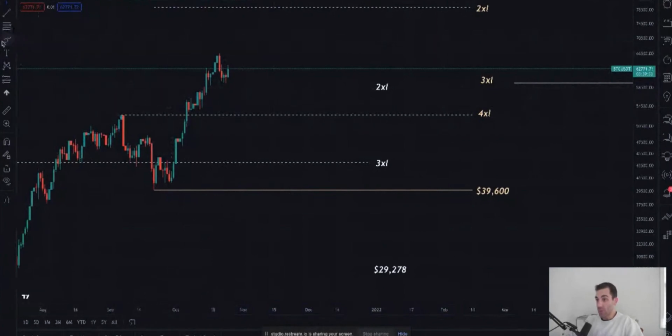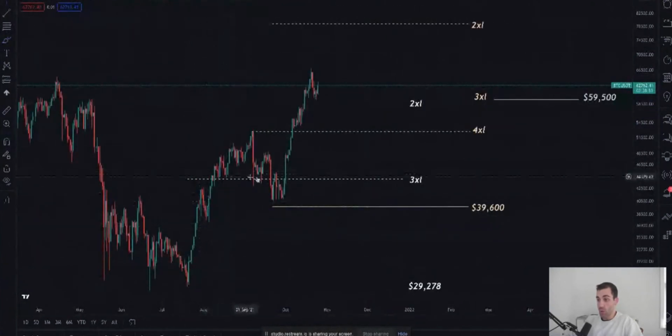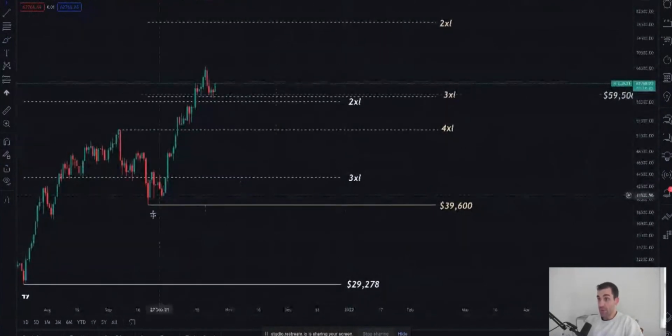are being broken with big Bitcoin candles slicing right through, right? And that's been the story this entire time. Bitcoin slamming through these margin pressure levels with very big candles. Now, that is a sign of a momentum trade, right? So Bitcoin, the first real relief we've seen since this 39,600, and when I say relief, I mean just slight pullback, dip buying opportunity. The first dip buying opportunity we've had really is at this 3x long level at about